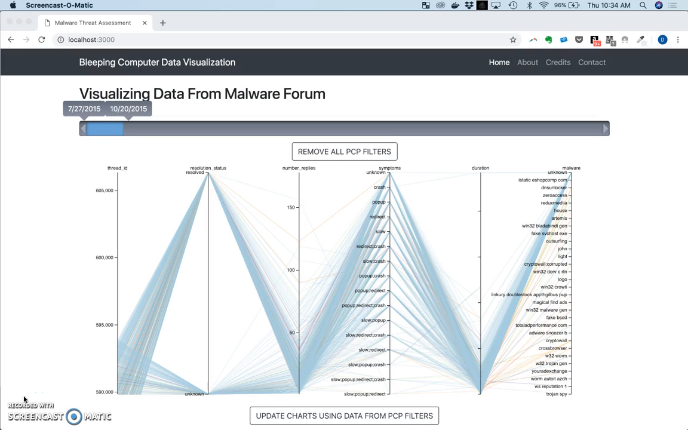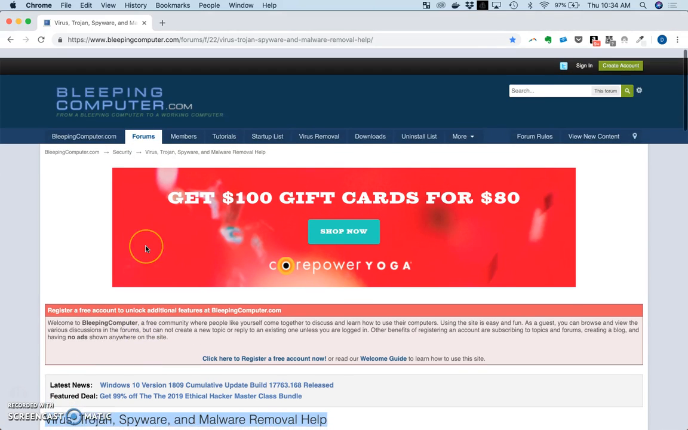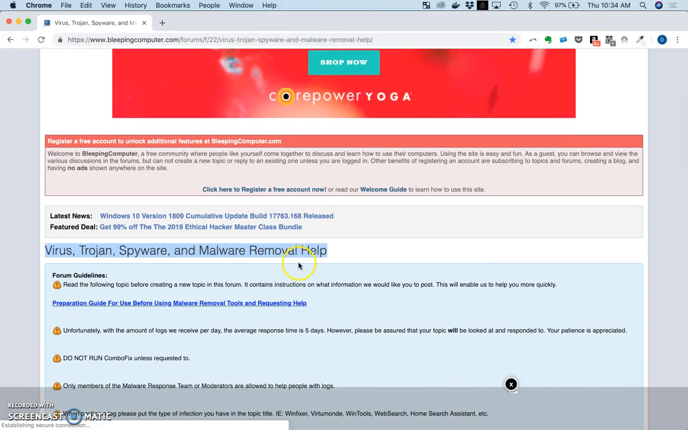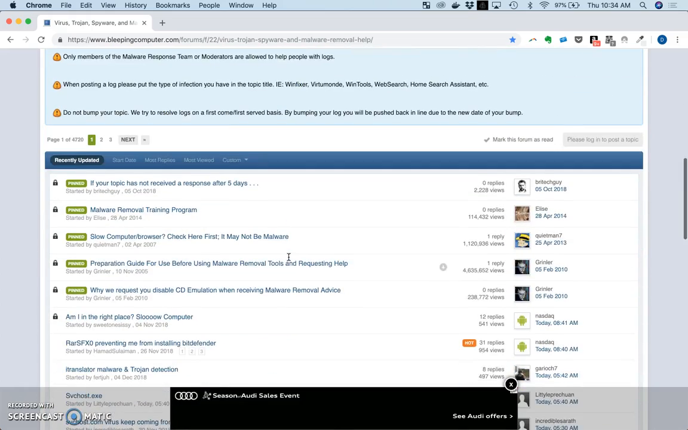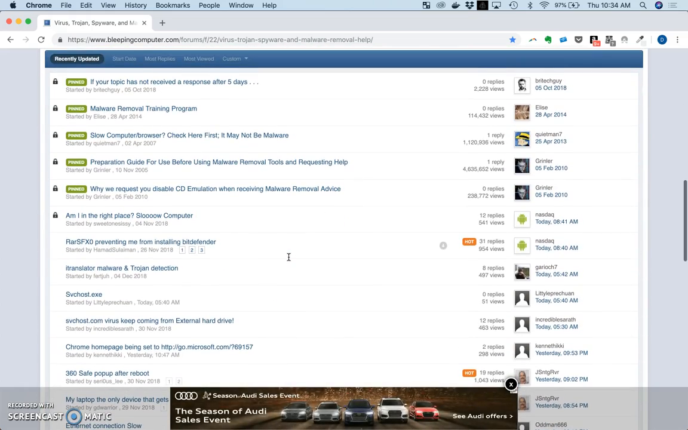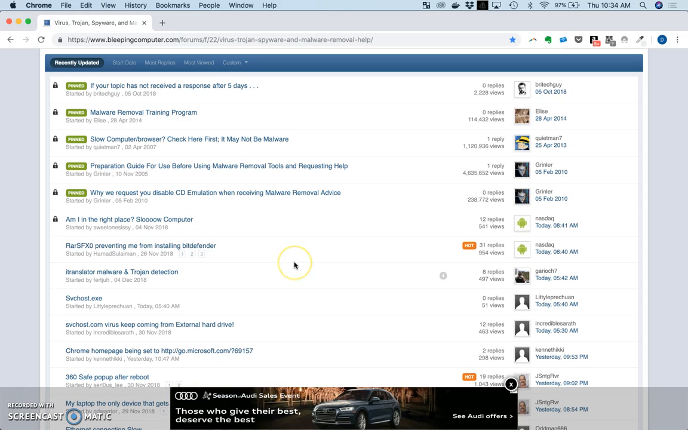This project was completed at the University of Illinois at Chicago as part of a Visual Data Science graduate course in fall 2018. We were working with a couple of clients for this project. They wanted to visualize the malware data from a malware forum. They're from the computer science department here at University of Illinois Chicago, and we're helping them analyze this data from this forum, the Bleepingcomputer.com malware removal help forum, and there's a bunch of posts and threads here, so over 200,000